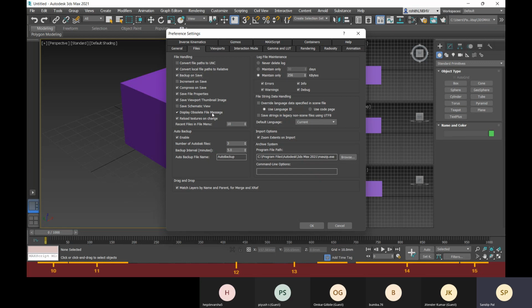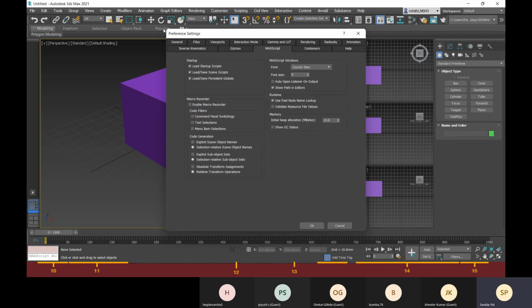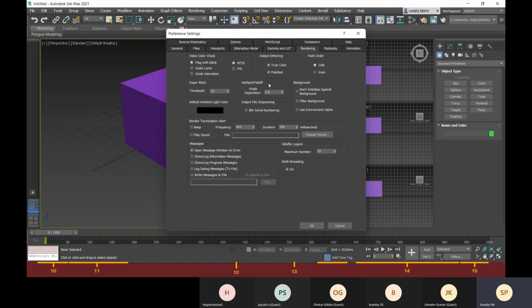So these are the options you need to check. Okay, and all the other options are absolutely okay. You can understand it simply, and you have these viewports, and there is nothing much to worry about. Okay, so everything is fine. That's the thing which I had to mention. Okay, and we have these rendering options. These are absolutely fine. There is nothing much to change.